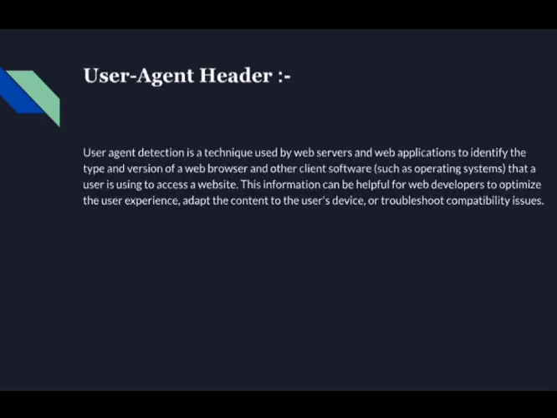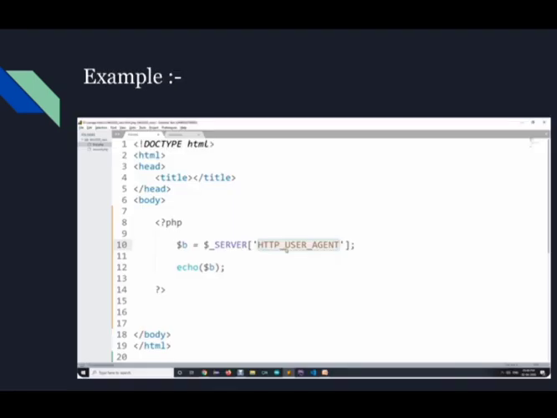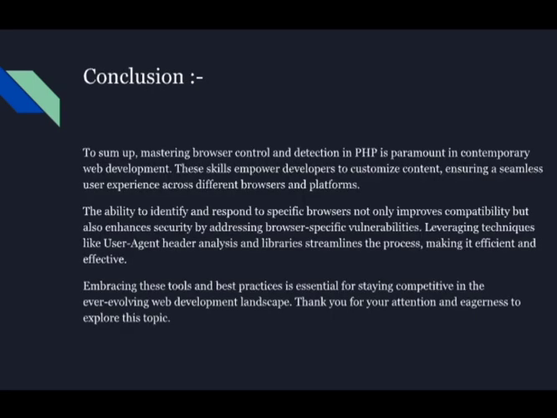There is also one term, which is the user agent header. User agent detection is a technique used by web servers and web applications to identify the type and version of a web browser and other client software. This is similar to browser detection and browser control.